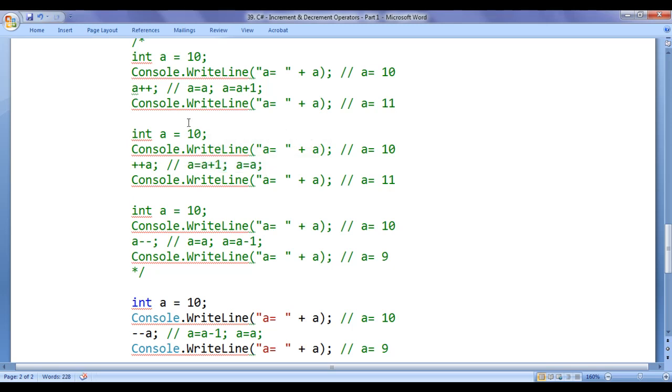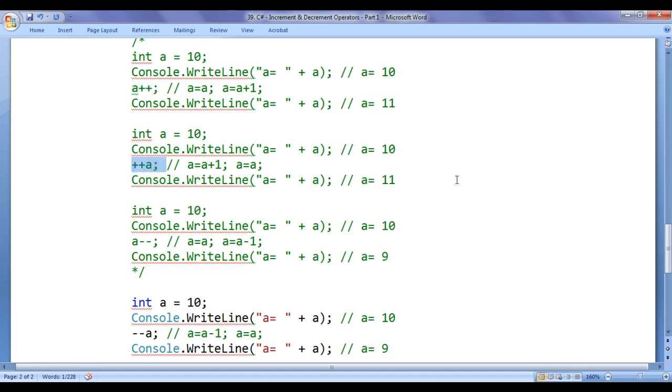And if you carefully observe, whether we write a plus plus semicolon or plus plus a semicolon, both statements increment the variable a value by 1. Both the places you can see we are getting the same output, a equal to 11, a equal to 11. Then what is the difference between post increment and pre-increment?